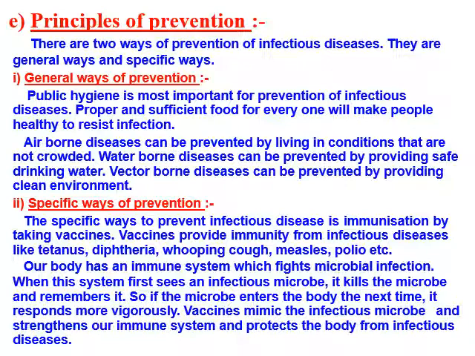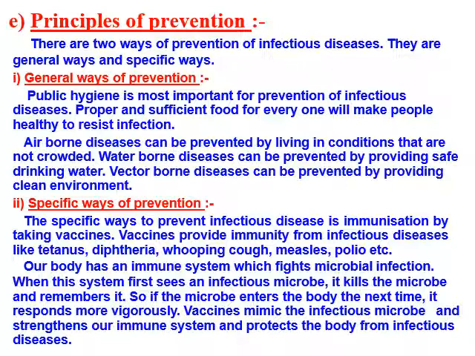Waterborne diseases can be prevented by providing safe drinking water, and vector-borne diseases can be prevented by providing a clean environment. For example, malaria. Malaria is a mosquito-borne disease, so the vector is the mosquito. Its causative agent is a protozoan, but the vector is the mosquito. So we always go for preventing the spread of the mosquito to avoid malaria-like diseases.